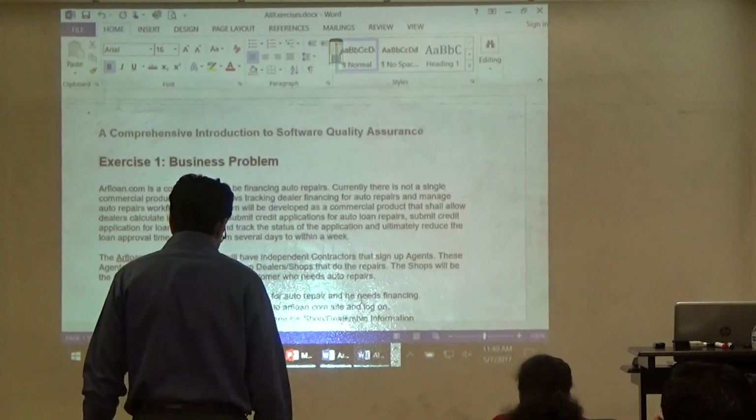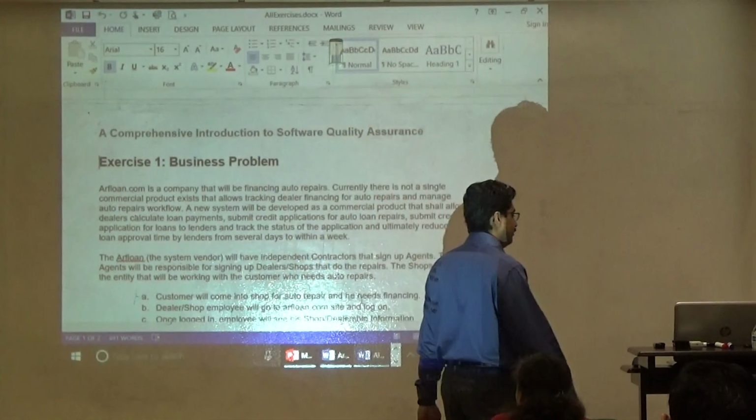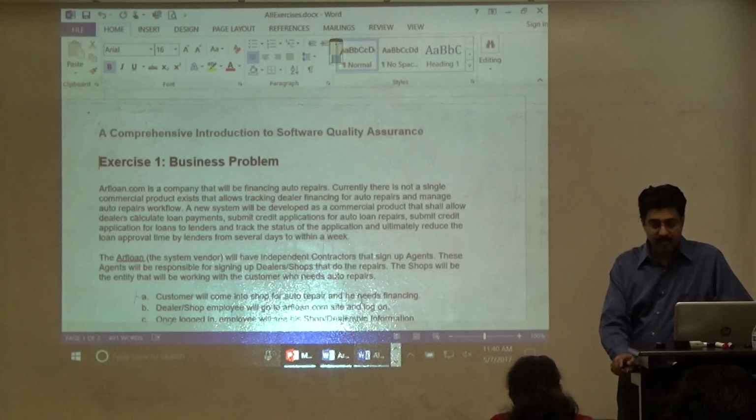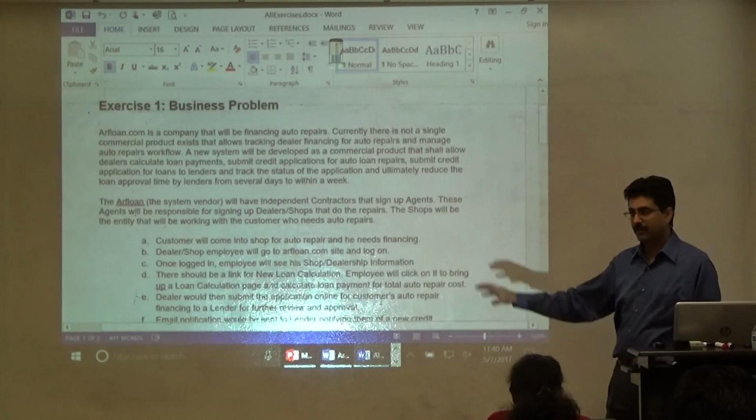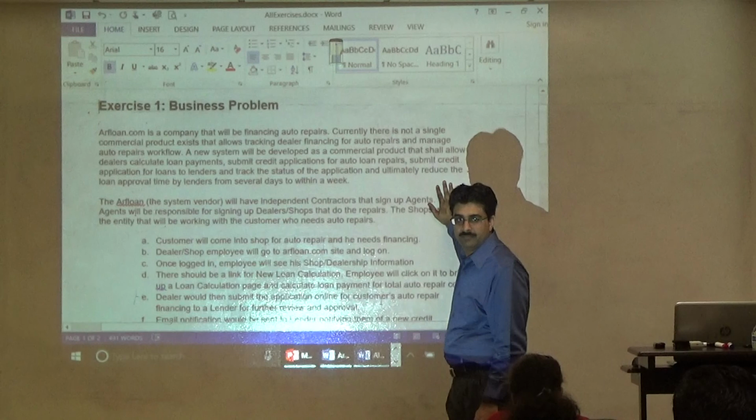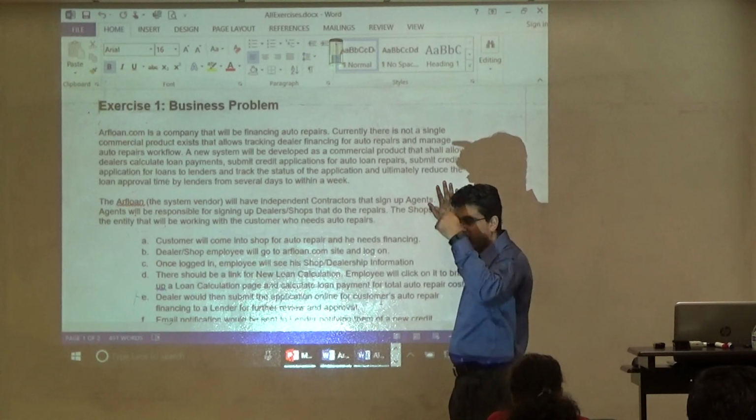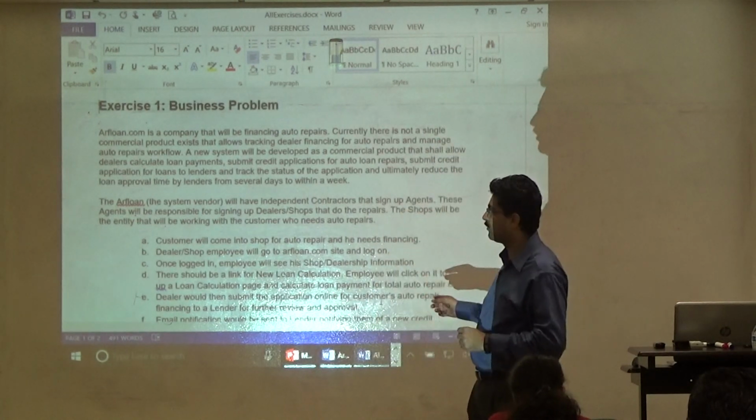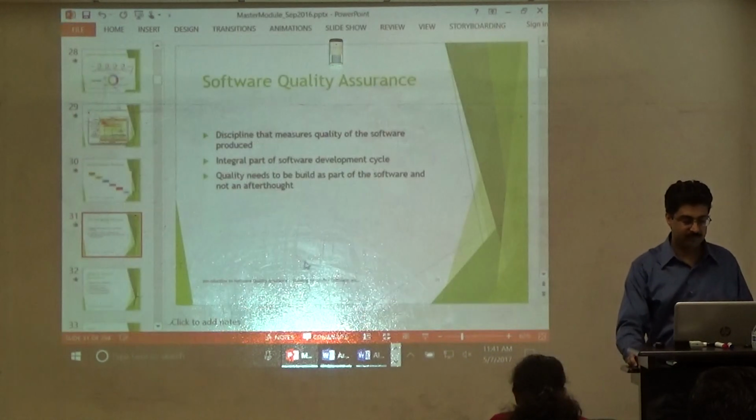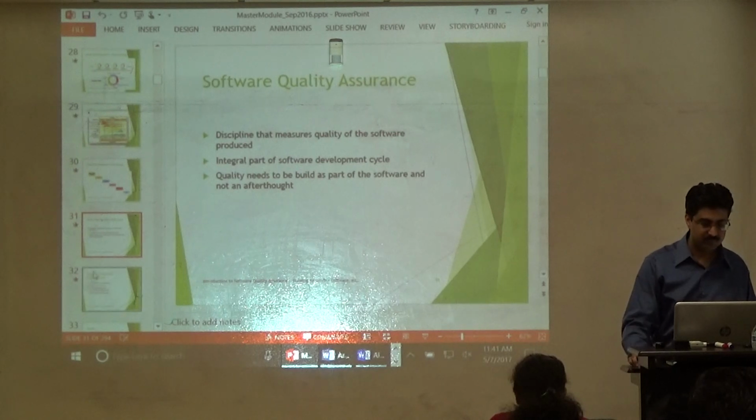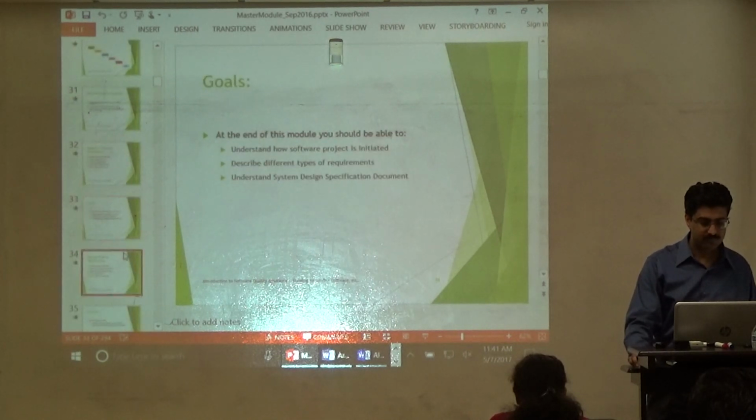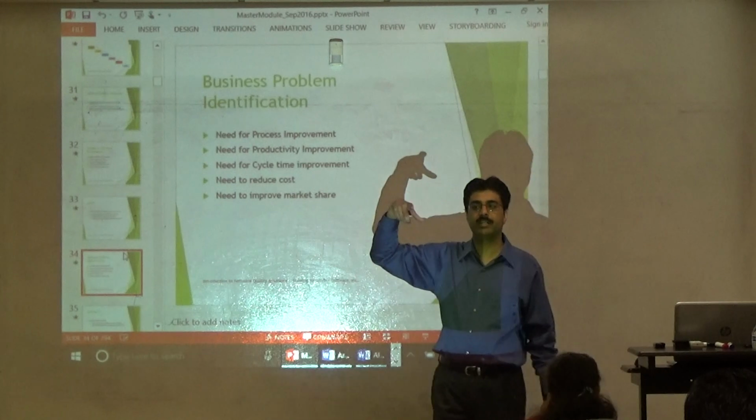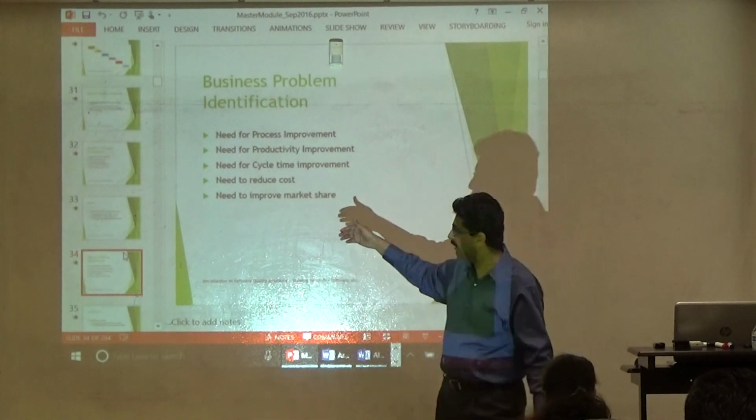So what we want to do is take 10 minutes to read through the problem. Okay? And I want you to answer one simple question. This is the business problem that they're trying to solve. All I want to know is which one of the 5 things that we looked at is the primary driver to solve this problem. What problem is it trying to solve? Is it trying to get process improvement, productivity? I want the primary driver, right? There may be side benefits that you may get,